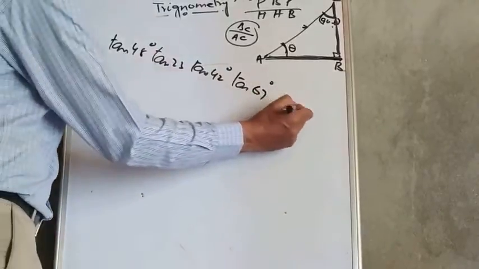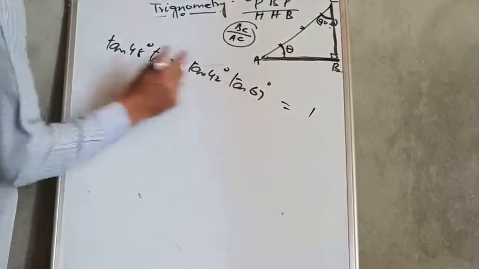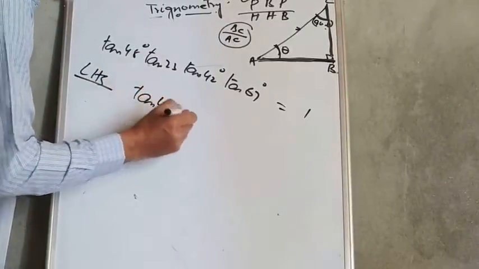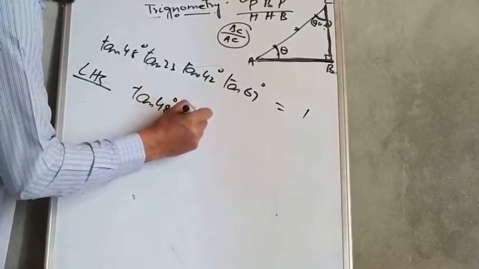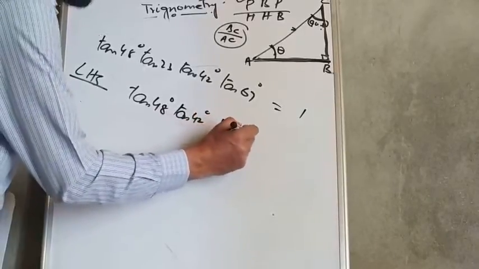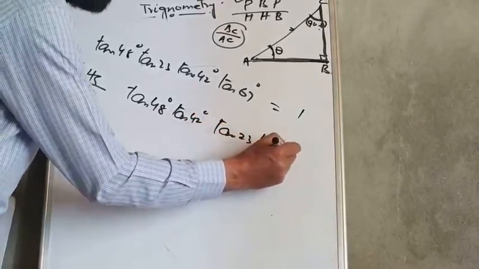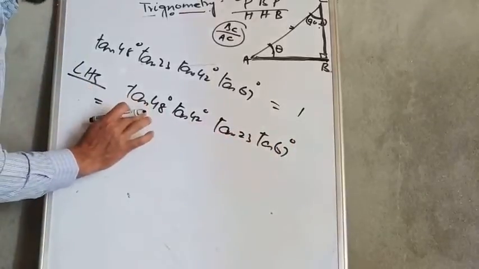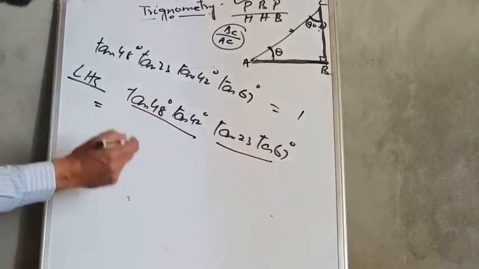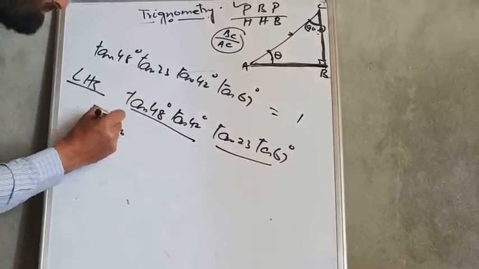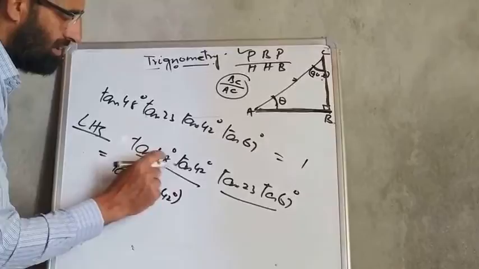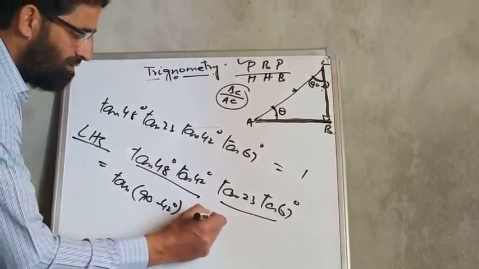This left hand side is equal to 1. Now let us take this left hand side. This tan 48 degree into tan 42 degree, because sum is equal to 90. And then you will write tan 23 degree, tan 67 degree. Now change one of these angles. Among these two angles you will change one, and from these two you will change one. You can write this tan 90 minus 42 degree for this 48 and keep this unchanged, tan 42 degree